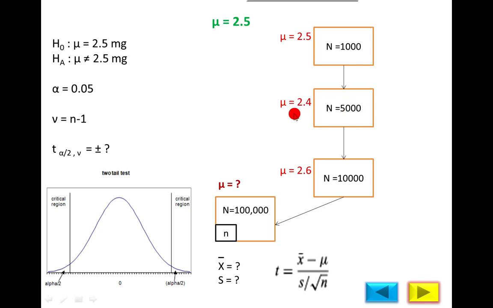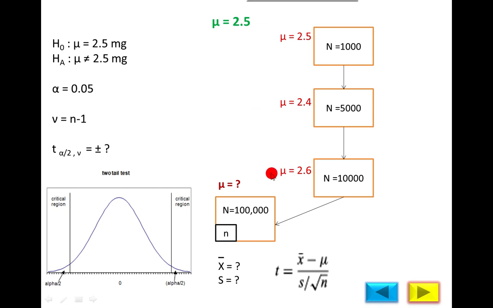Suppose the total weight, the population weight, this mu is used for the population mean. So this is the population mean, meaning the total mean, because you are calculating all the 5,000 items. So the average weight is 2.4. And suppose that according to the criteria or a standard, depending on the tablet also, there is no significant difference, you can say the production is okay,